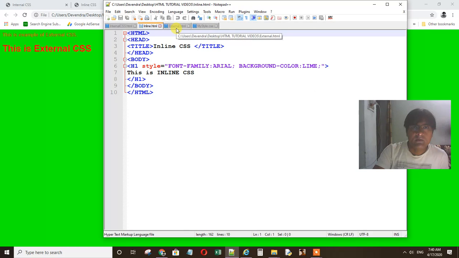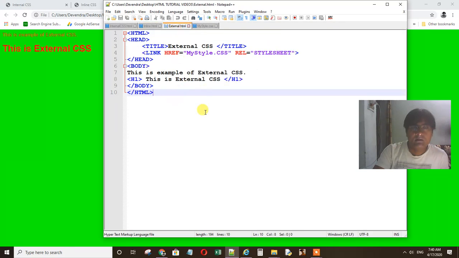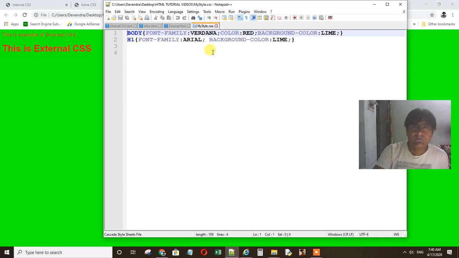For external CSS we have to create an HTML file and link to an external CSS file. The CSS file will be linked under the head tag using the link tag. Link href equals mystyle.css and rel equals stylesheet, and this is the external CSS file. The important thing is that we have to create two files, one HTML file and one CSS file.